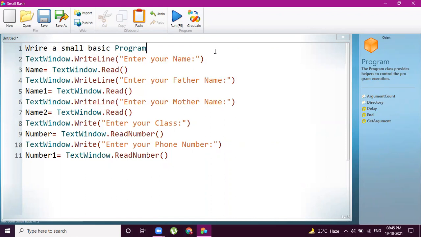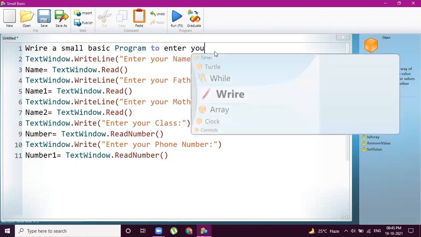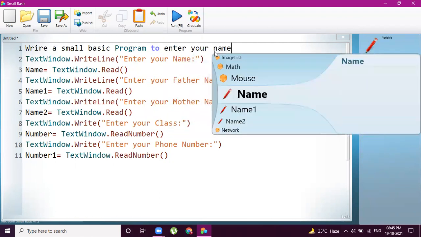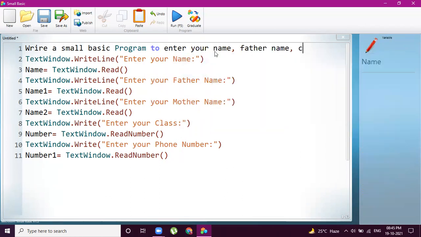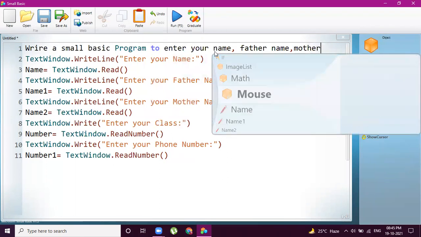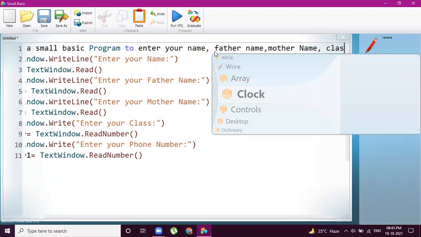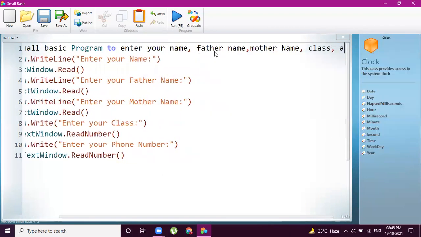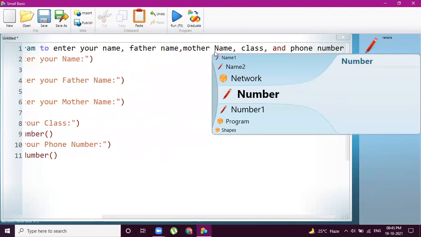Write a small basic program to enter your name, father name, mother name, class, and phone number.